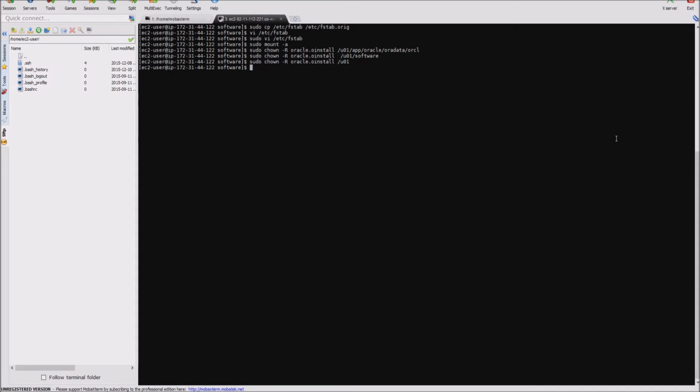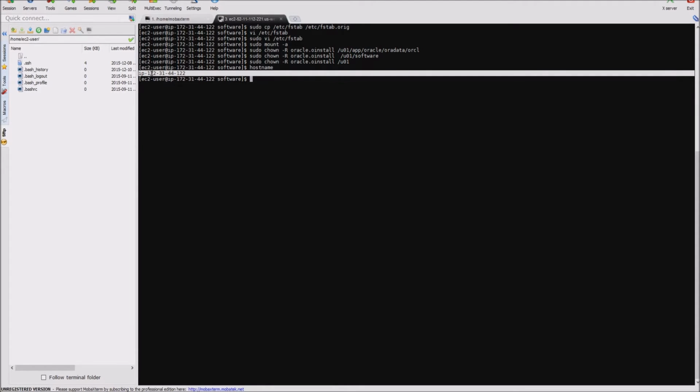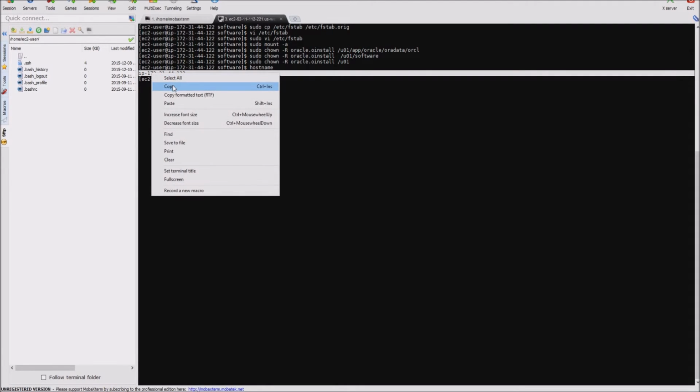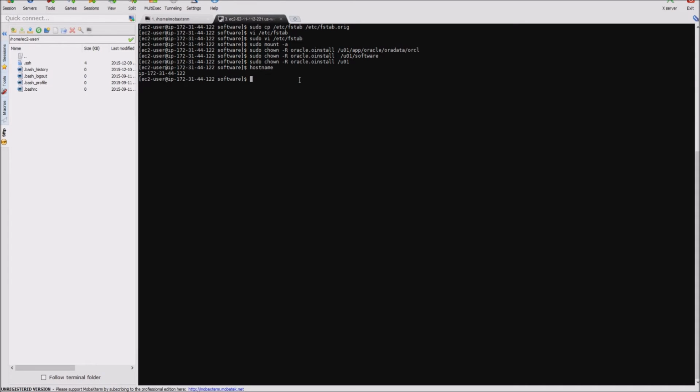So if you type the command hostname, the machine will tell you what its name is, and in the case of these Amazon instances, it's really just its IP address appended in the way that you see here. So I'm just going to go ahead and copy that. And then if you type in sudo for root user, and we use our Vim editor, and we go to the